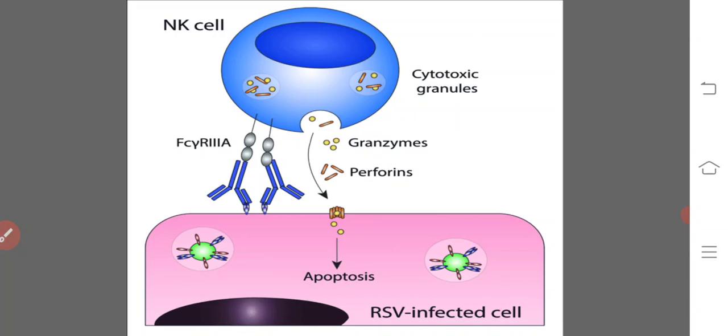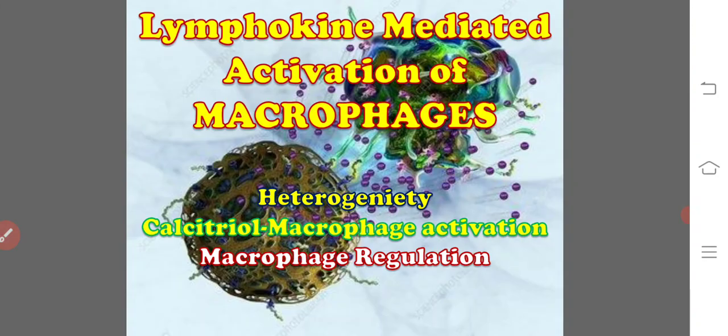The cells bind to the target first, and there is a calcium 2+ dependent phase in which the vesicle contents of the cytotoxic cells are discharged, and then a late phase when the target cell is killed. So there is the involvement of perforin molecules, serine esterase enzyme and chondroitin sulfate A. And coming to the lymphokine mediated activation of macrophages, here we will see the heterogeneity,